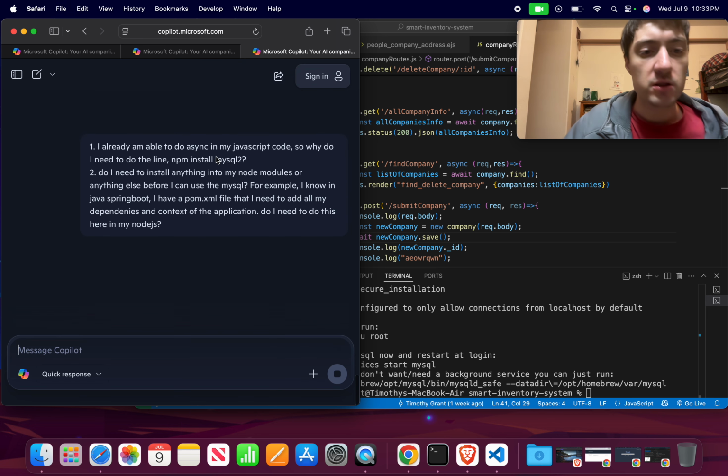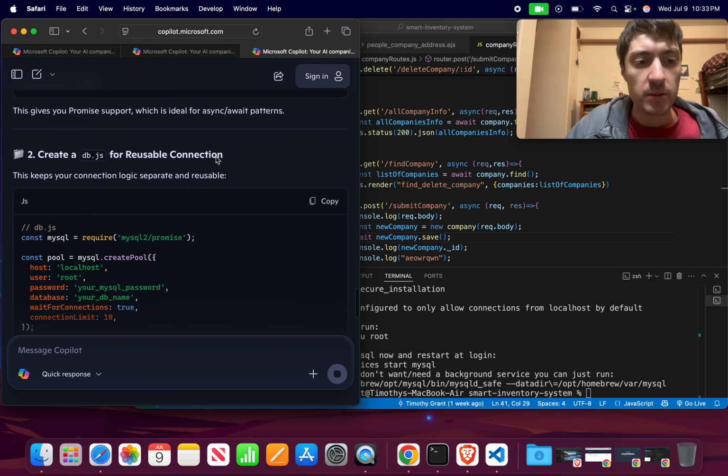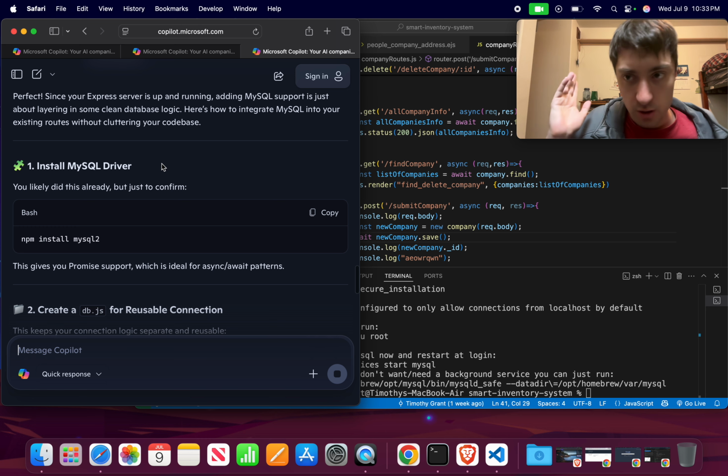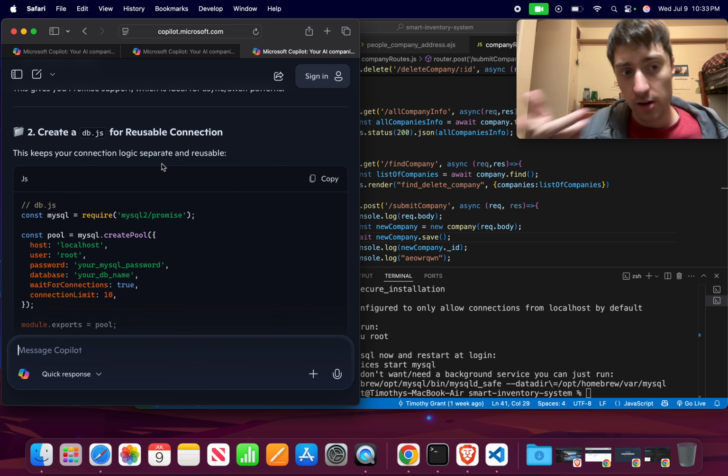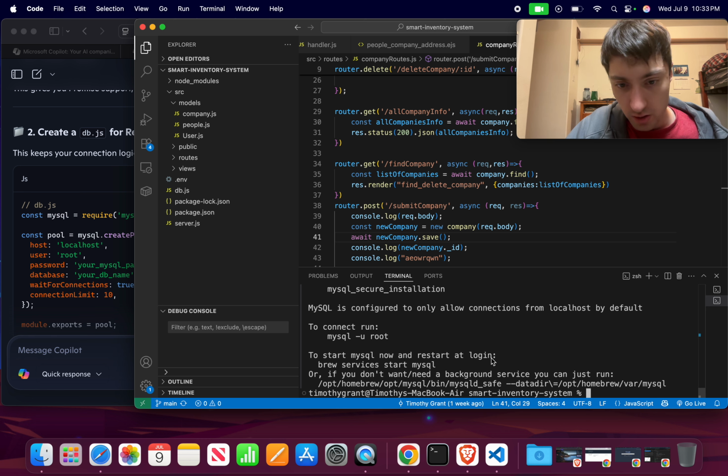Okay, so that's this one, but let's come back up to here and just assume we figure that out. That's going to be the next question, right? But let's just assume that we figure that out. So create a db.js. We already have one, so we'll have to create a different one. Looks like this is running. Hopefully everything is good. Let's see,